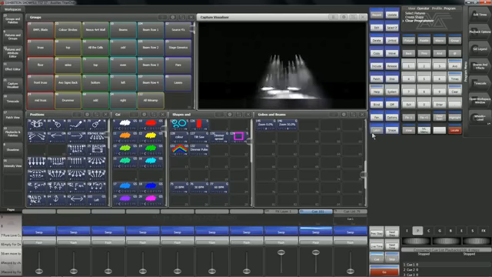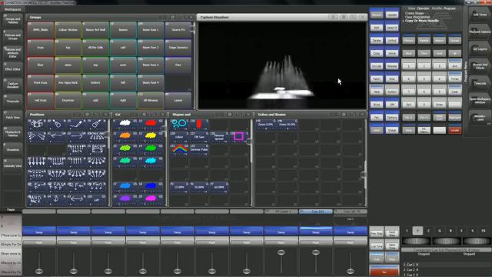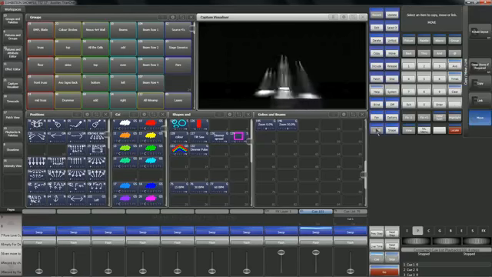Latch menu. I'm not sure I went through this on the last webinar that I did about tips and tricks, but what that latch menu button is going to do is hold down any button that we might find ourselves pressing hundreds of times. So to lay out these groups, I could either press move, choose a group, and then choose where I wanted it to go to, and then select move again, choose a group, choose where I wanted it to go to. Or if I say move and then tap that latch menu button,